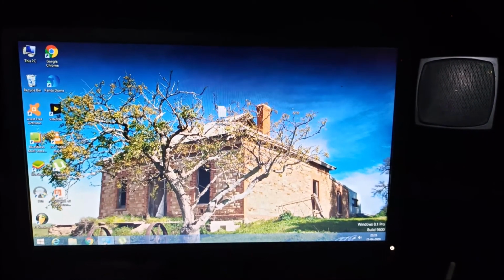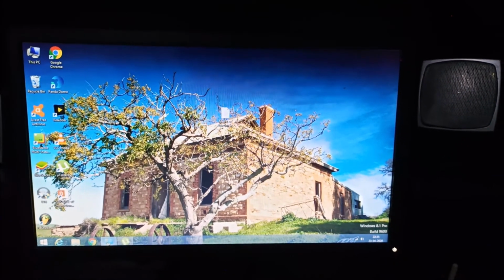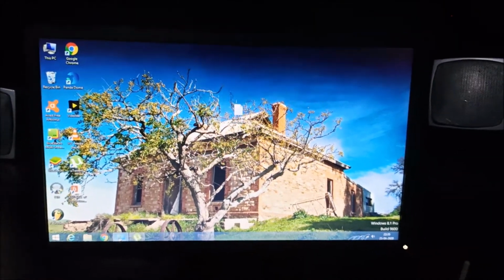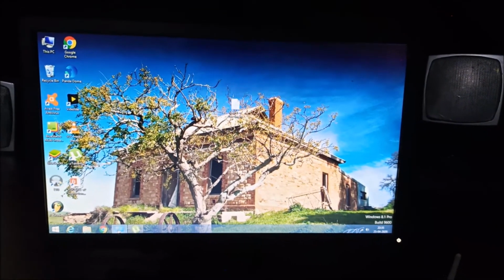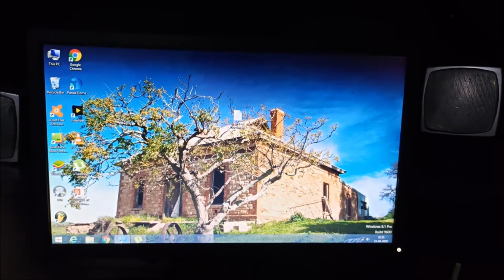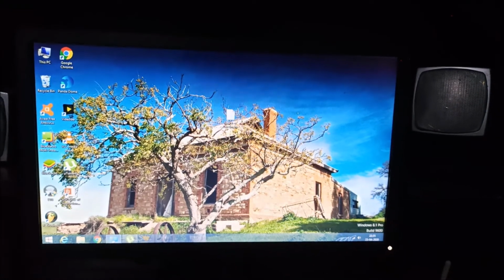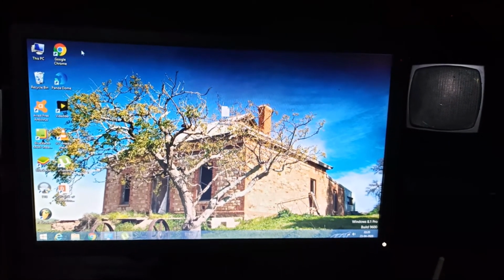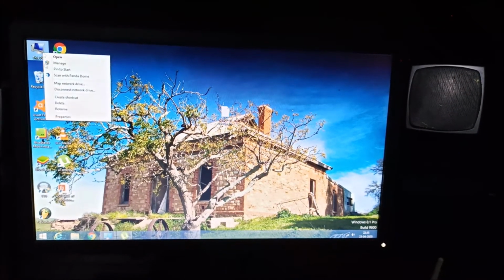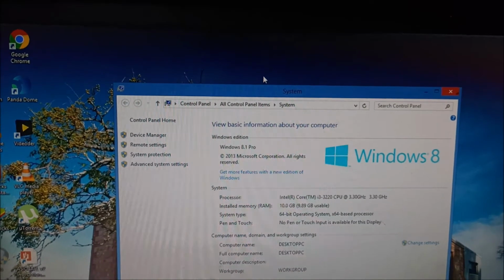So guys, this is my desktop system, and I need to take the remote from my laptop to this desktop system. So I need to configure some settings on this desktop system so that I can take the remote connection from the laptop, which is Windows 10. So right now I configure some settings here. We will right click on This PC and go to Properties.